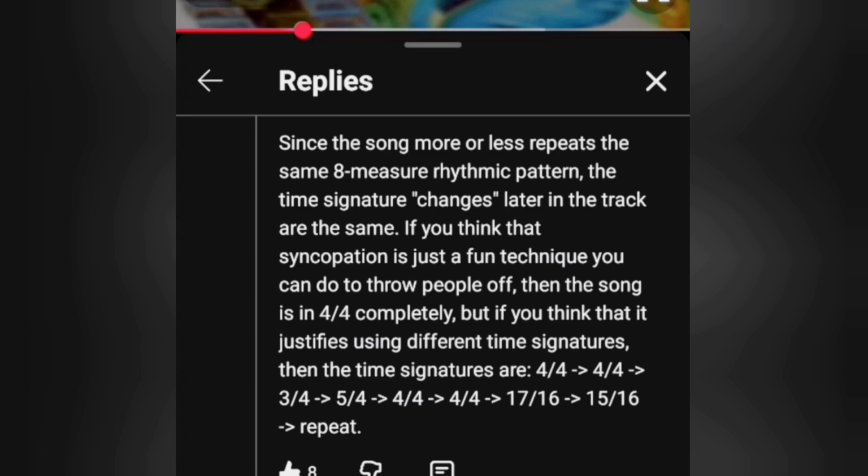If you think that syncopation is just a fun technique you can use to throw people off, then the song is in 4/4 completely. That's what I'm saying. And it's just a cool trick you can do to simulate it, whether it's rhythmic displacement or whatever. Syncopation. But if you think it justifies using different time signatures, then the time signatures are 4 and then 4,